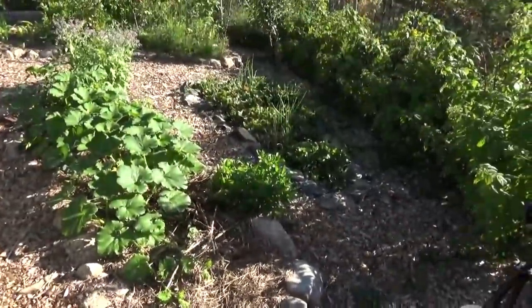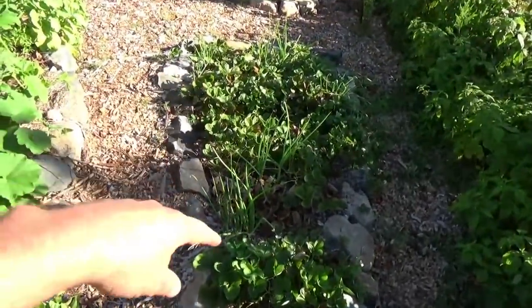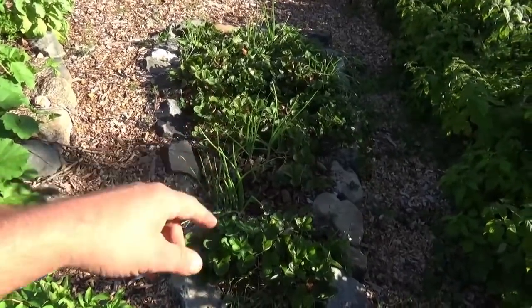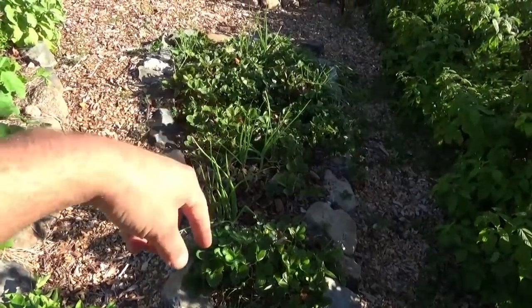Over here, we've got some strawberries starting to produce. This is a day-neutral variety called Seascape, and they produce all summer long, and they really start to produce in the fall. So we're picking a bowl every couple of days, and this is a sort of new strawberry garden